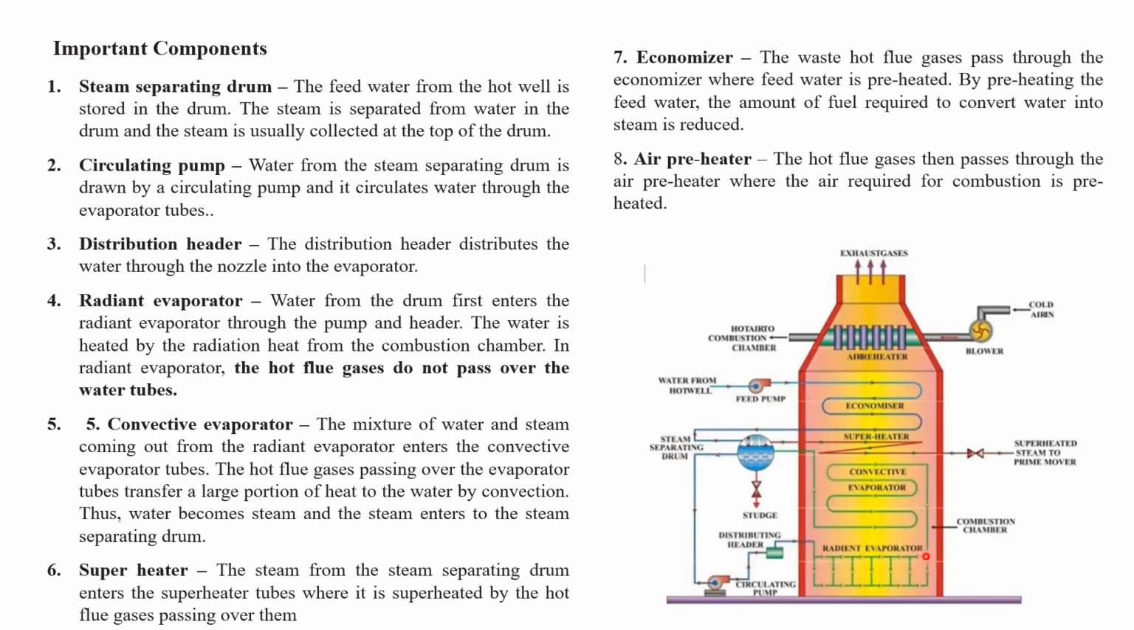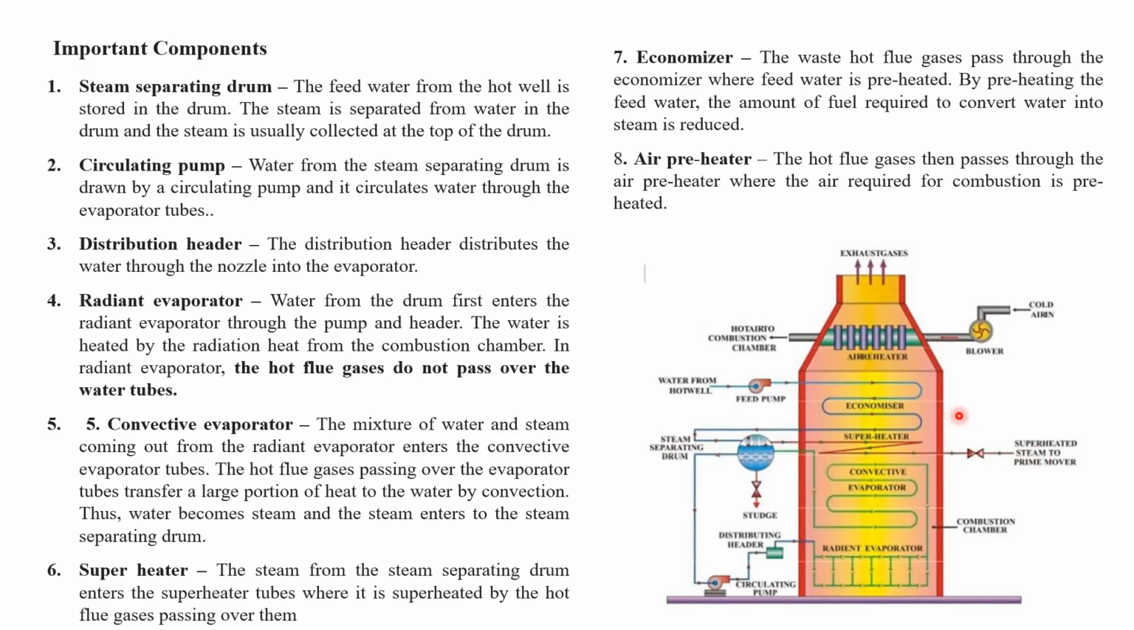Then it goes through the distribution header. Then it passes through the radiant. The first zone is the radiant evaporator. Then it passes through the convective evaporators. From there, it again passes through the drum. It again goes inside the boiler for superheating, and that superheated steam is utilized for generation of electrical energy,